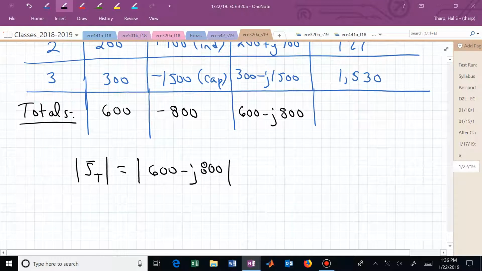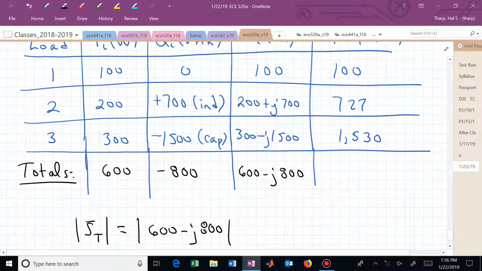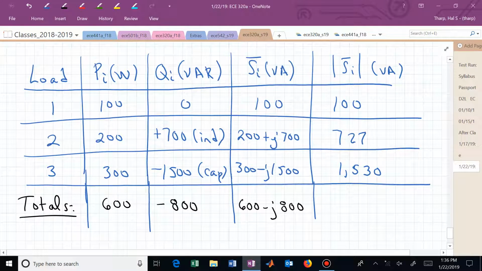Again, that's just a right triangle with sides lengths of 600 and 800. That's really like this 3, 4, 5 triangle, and this is now 1000 volt amperes, but that's not the same as adding up these apparent powers for each